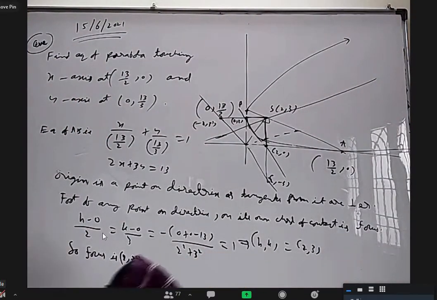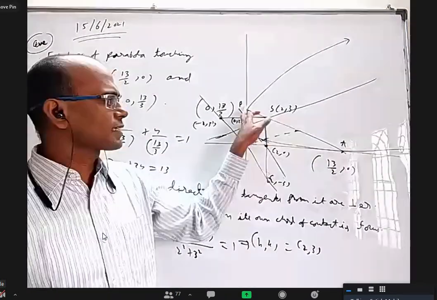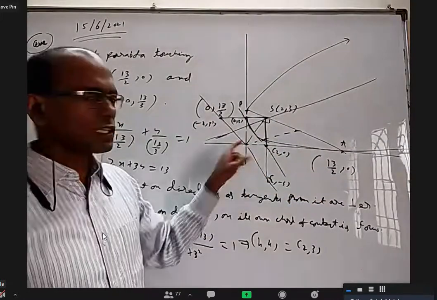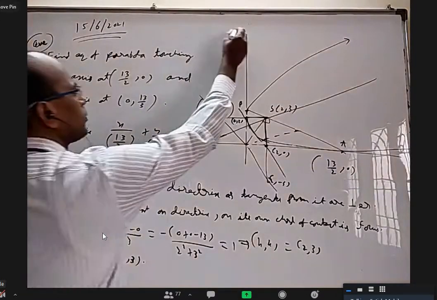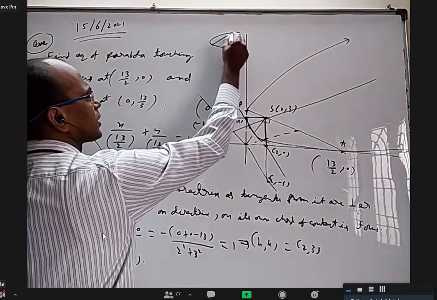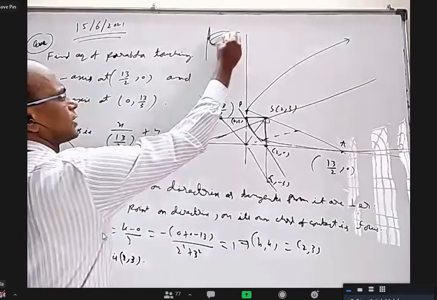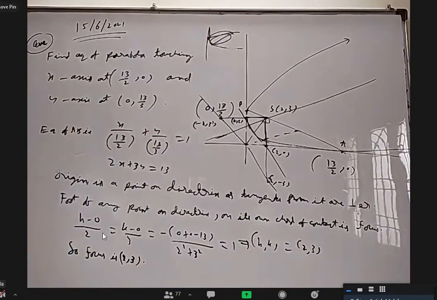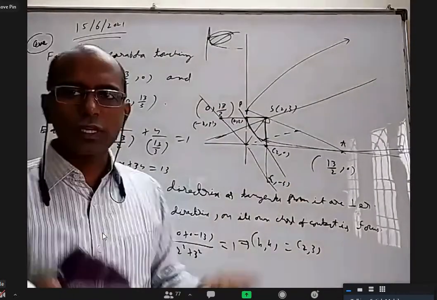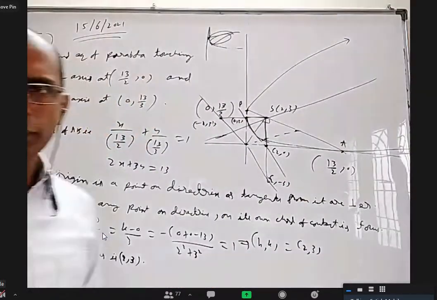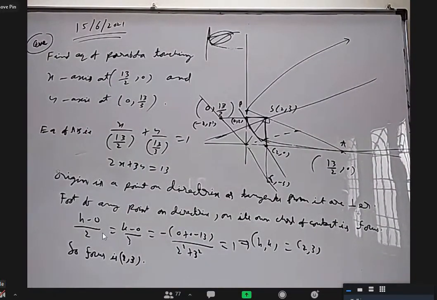Another way to do it: one of the properties we discussed is that you take any focal chord as the ends of a diameter, that circle will touch the directrix at this point of contact. Am I right? You take a parabola, take any focal chord as the ends of a diameter, that circle will touch the directrix at the same point where the tangents are intersecting. So somebody can take these 2 points as the ends of a diameter. For that circle at the origin, you do S1 = 0 and directly you get the directrix, because at the origin it should be tangent. Mithun, understood this point?